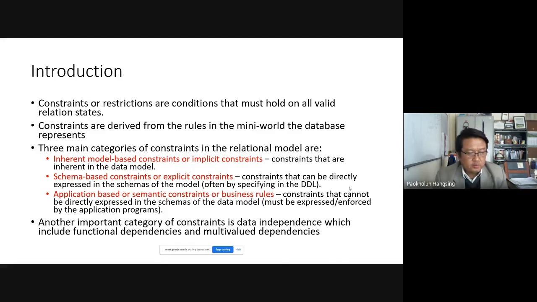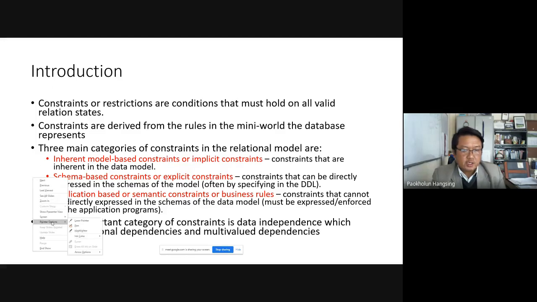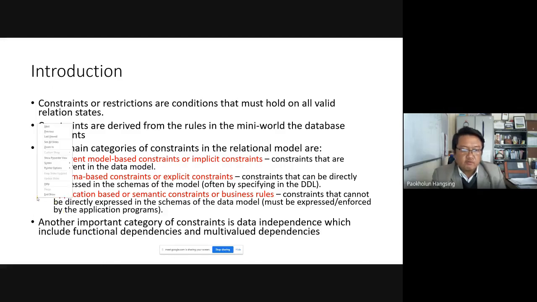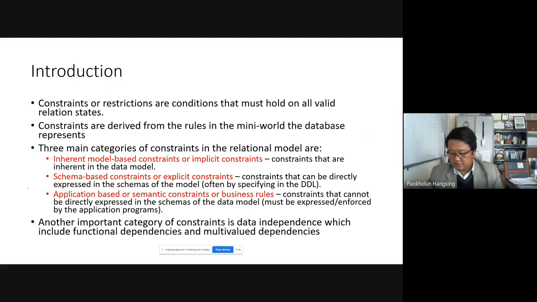So these constraints are not independent. It is not something which is coming out of nowhere. Constraints are taken from the real world situation from which we are taking our database system. So constraints are in a way a necessity in order to maintain the integrity of the database system.